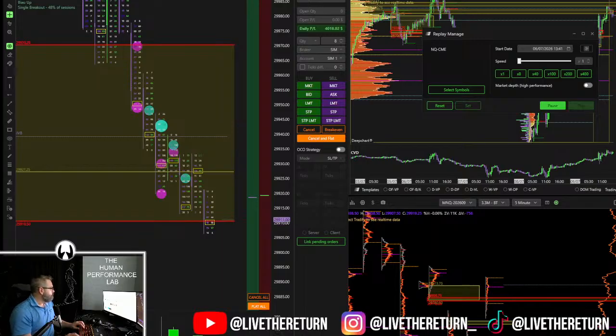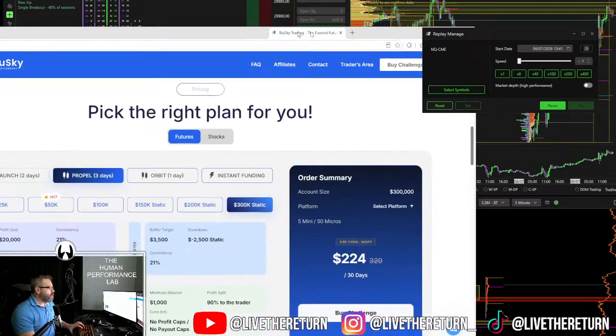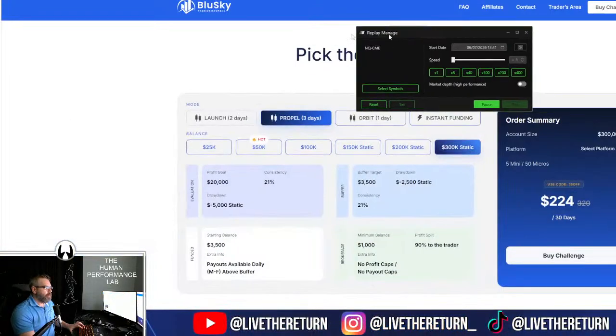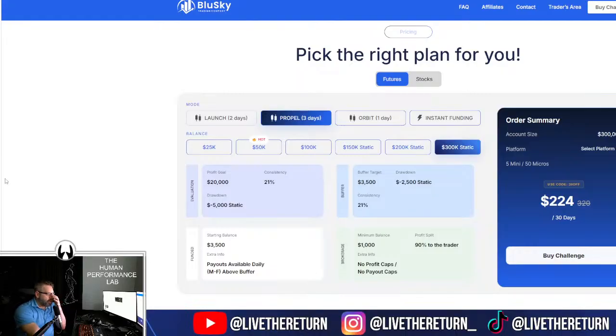But let me show you. And this is actually really interesting as well because of a few things. And I'll show you what I mean as soon as I get them up. So if you go into Blue Sky and you go into the